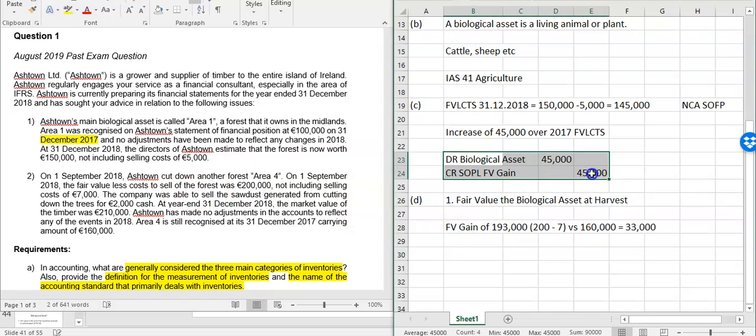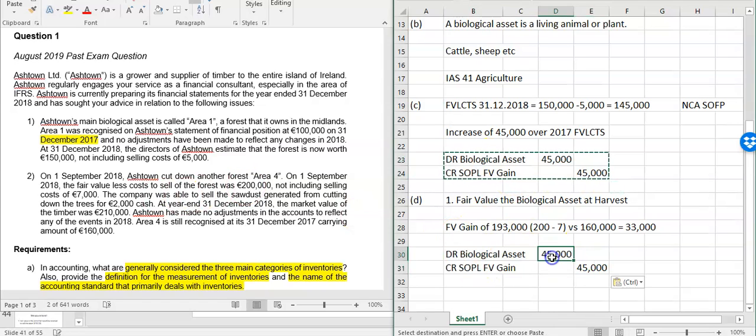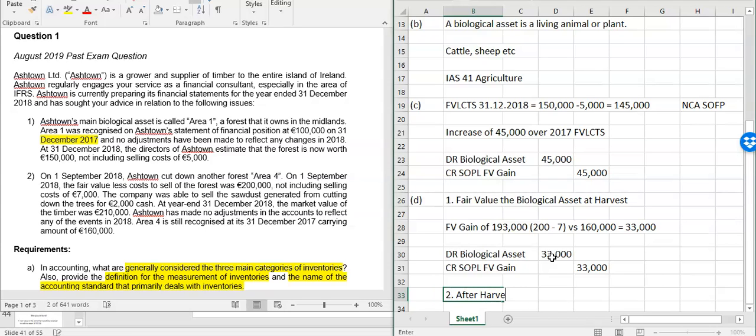So you'll do the exact same as we've done above. You will debit the biological asset 33, and you will credit the fair value gain in the SOPL 33. That's your first step when there's a harvest. Second step now, after harvest, the asset